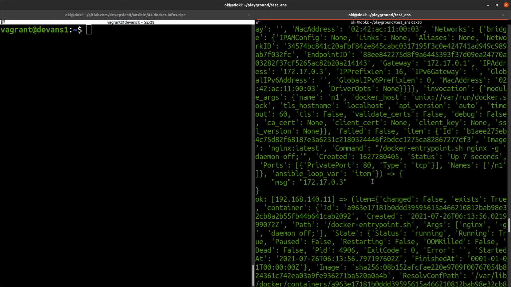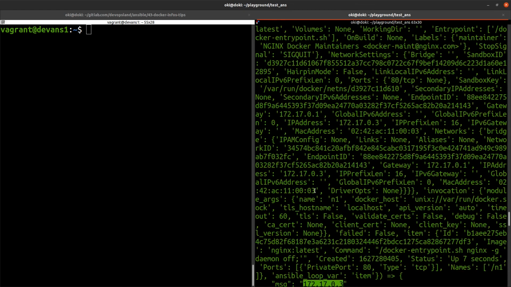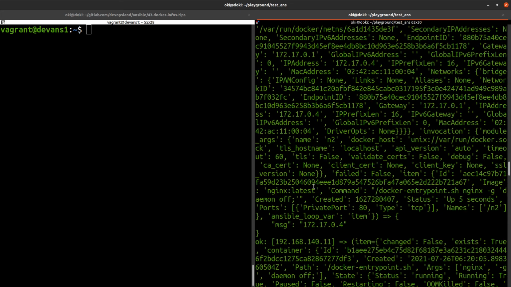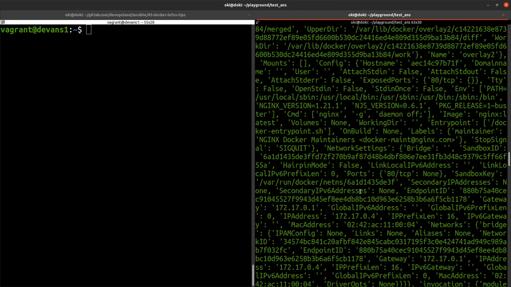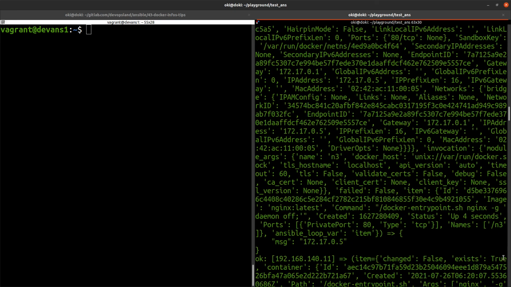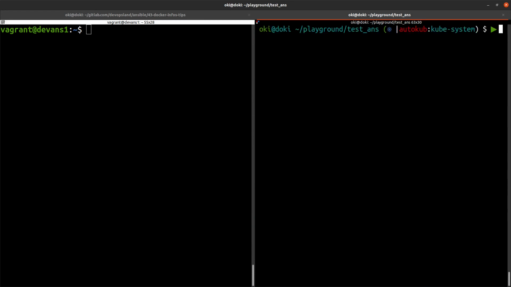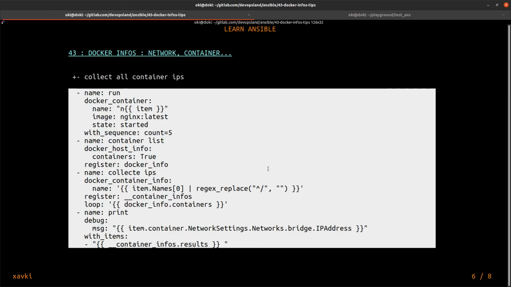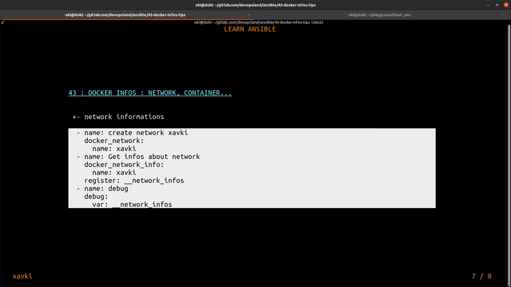Yes, and we have another container N1 with a new IP 172.17.0.3, and if we check, we have the container named N2 with a new IP .4 and N3 with .5. Right, and that's all for this